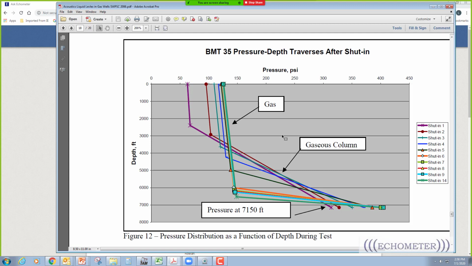Right, so here's the technical paper that was published in 2006, and it shows this liquid level here. That the liquid level collapsed, and the gradient, these lines are gradients, and the gradient gradually increased as we kept the well shut in. And in this case, the tubing was at the bottom of the perforations, and the liquid level didn't leave the tubing and was held in. Whereas in the presentation that we have here,